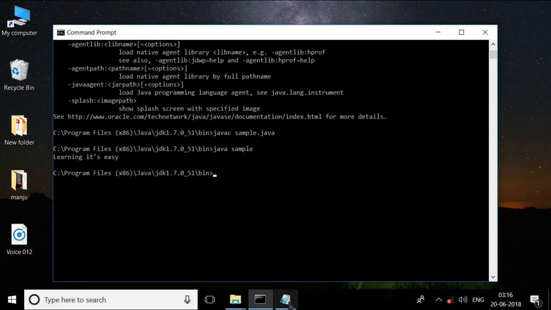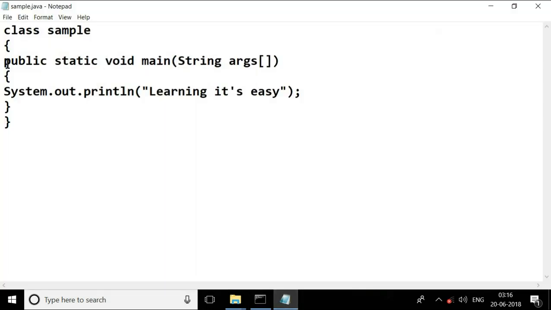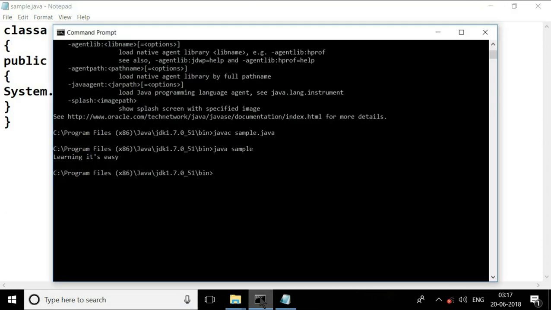Let us see how you are going to get the errors. Suppose I am typing a wrong keyword. Okay, now go to file, save as. The keyword must be class. I am just appending a letter A, so this will be a wrong keyword. So let us see what error we will get. Each and every time if you change a program, you have to save that program, and each and every time you have to compile your program.